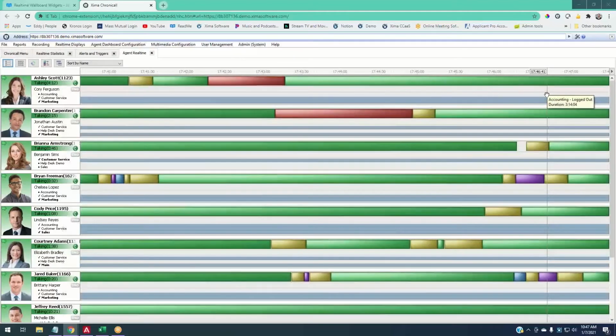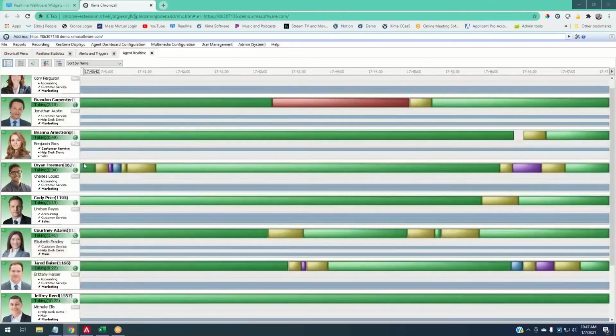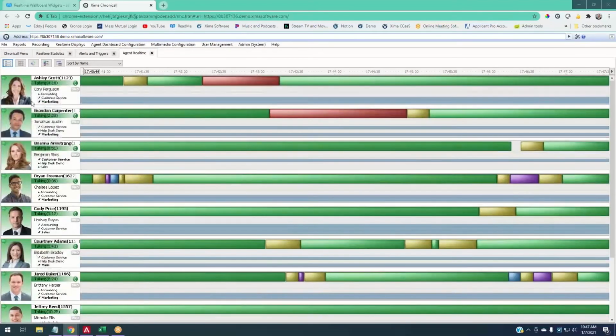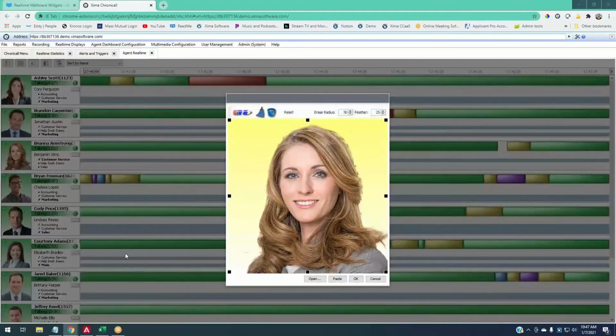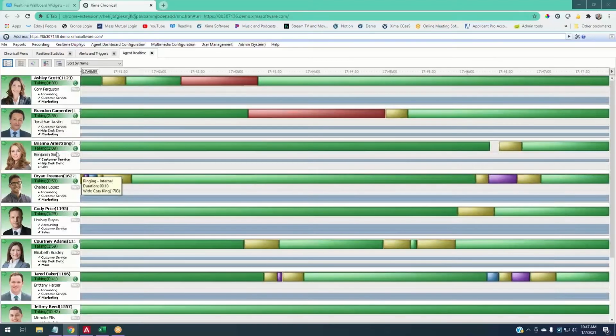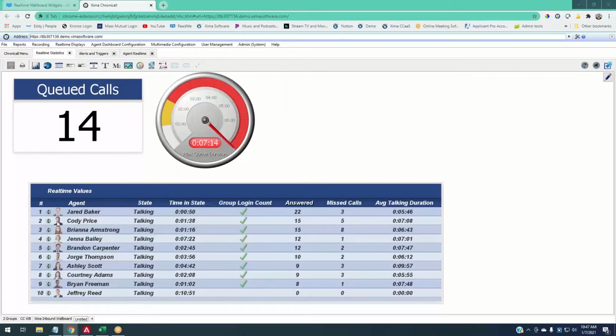For sure. Yeah. Now, the other thing I'll say here really quickly is obviously I've got this list of agents. They all have a picture in here. By default, it'll have a silhouette. If I wanted to add someone's picture, I can right click on the person and say change user image. I can come in here, open this up, find the picture that I want to use, and then hit open. And then once I put that in place here, that'll actually populate throughout Chronicle or Vicall reporting. And you'll notice, if I come back to that wallboard that I've created, next to their agent names,